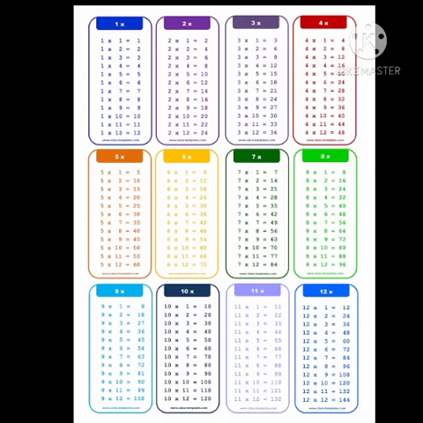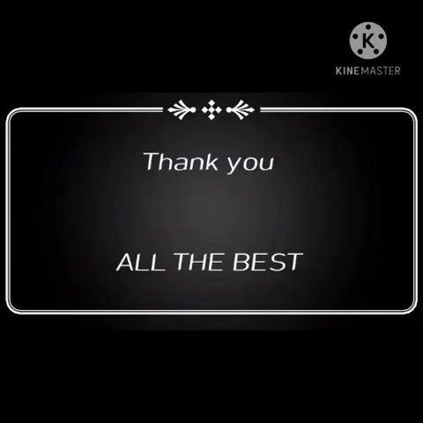Children, after completing the words, see here, tables up to 12 you have to learn. Children must learn the tables for the oral test and written test. Okay children, read the tables. Tomorrow we have the oral test. Teachers will ask the tables, Roman numbers and the place values also.